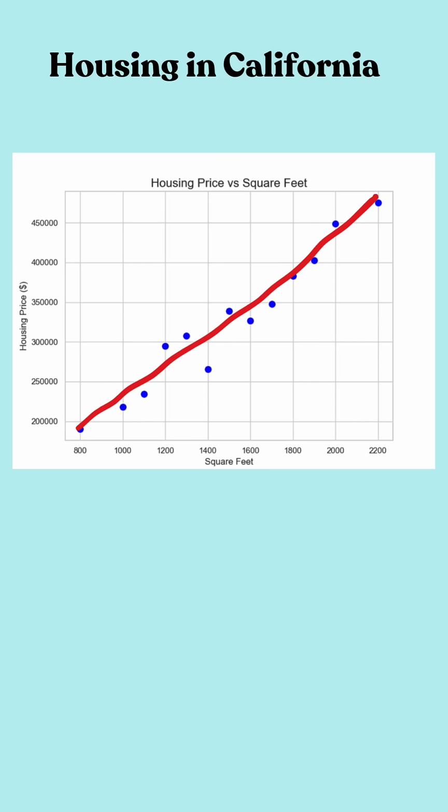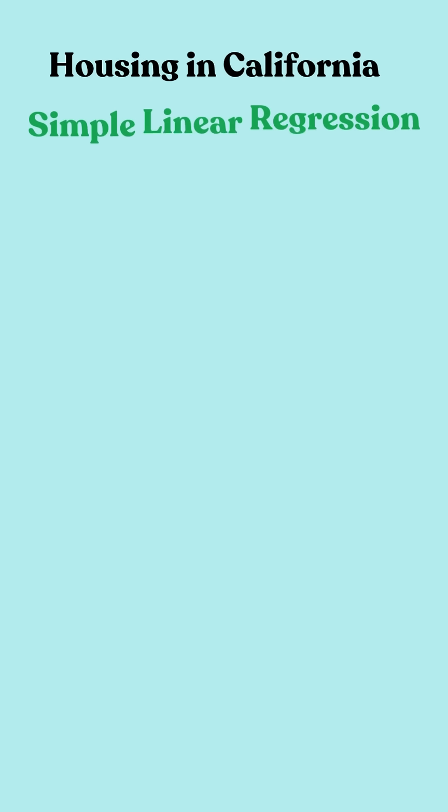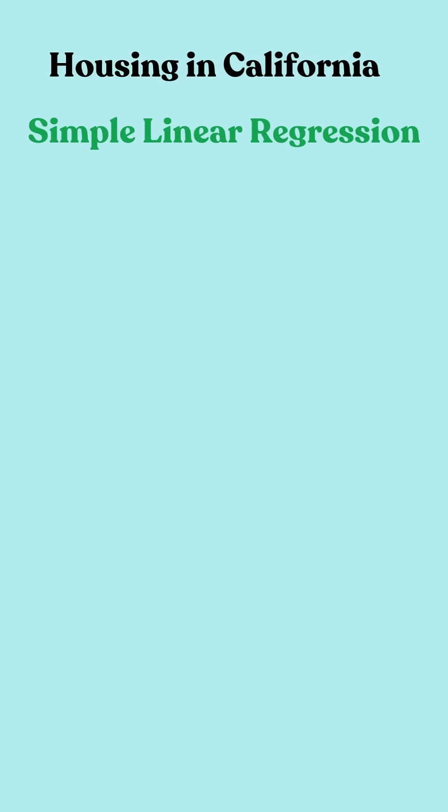And as you can see, the model line does not perfectly fit all the data points. And even if the straight line does not pass through all the data points, we can still find a line that best fits the data. And this is the essence of linear regression, which is to approximate the pattern to make the right predictions. So whatever we've discussed so far is simple linear regression because we are just using one feature to predict the